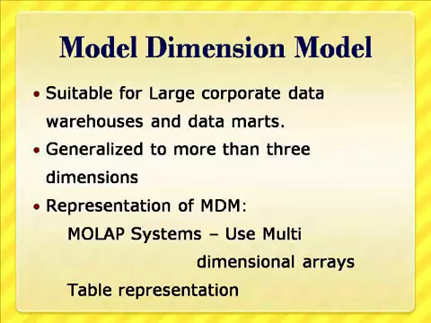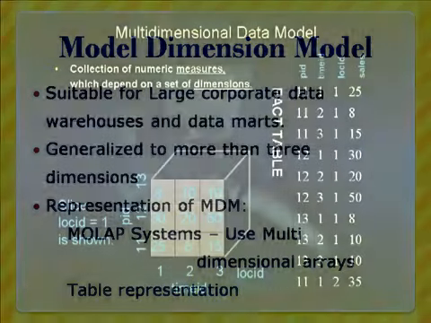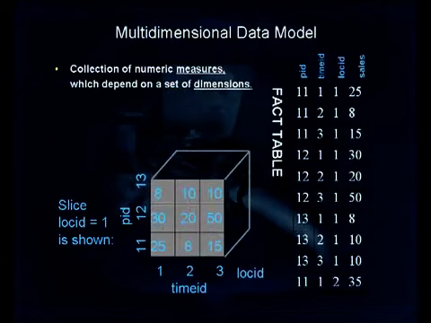The multidimensional data model focuses mainly on a collection of numerical measures, which are termed facts, and depends on a number of associated dimensions. In the data warehousing literature, the data cube is one of the popular structures very widely used in representing the multidimensional model. We represented the multidimensional data model in 2 ways. One is in the form of a table and another is in the form of an array.